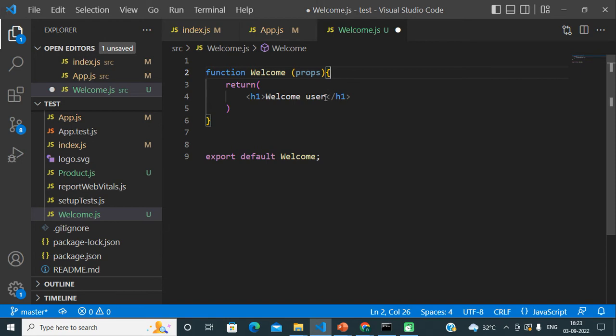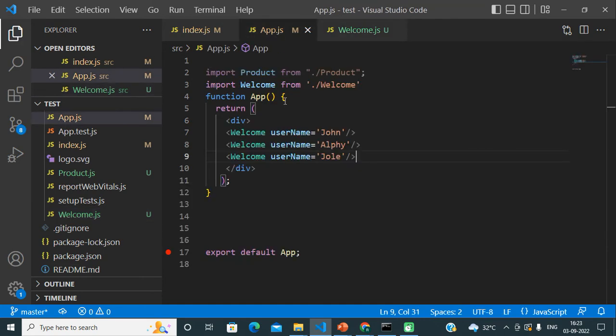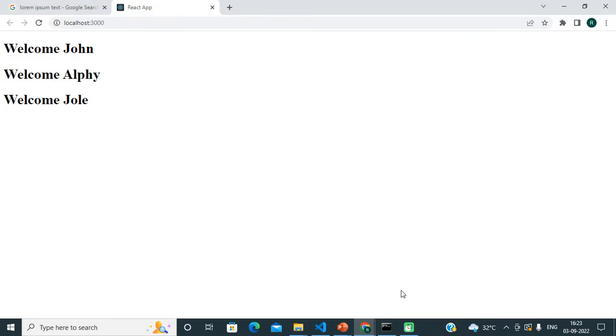After that we can normally display the props data like this: props dot username. This way, friends. Now let me save this file, and let me take you to the browser.